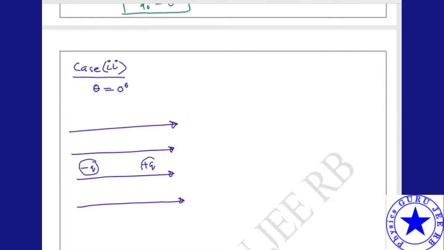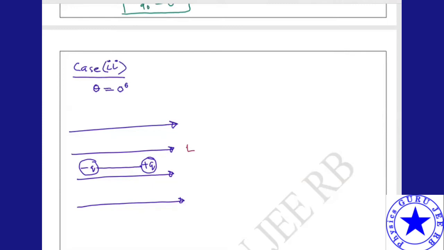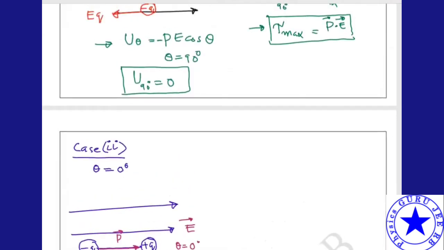Now can you decide how theta is equal to 0? How are we calculating the direction? This is the electric field direction, and this is the direction of P. Very clearly you can see the direction of E and the direction of P. Now theta is equal to 0 degrees. P and E are both parallel to each other. So what are the things that we have to calculate?